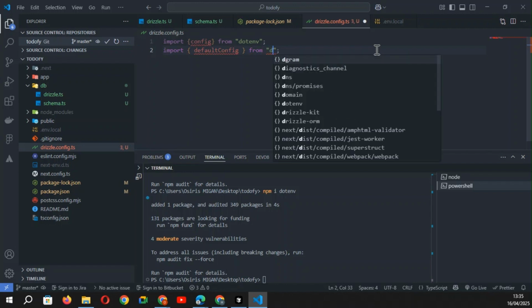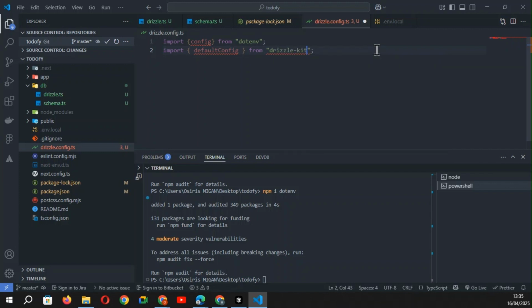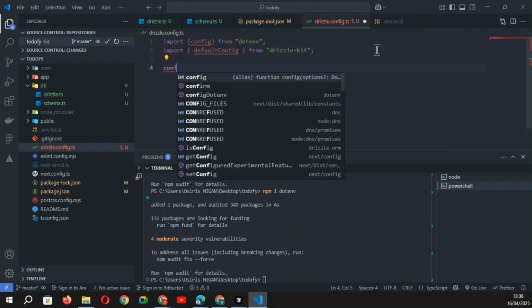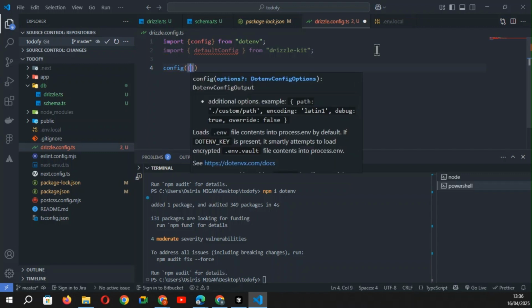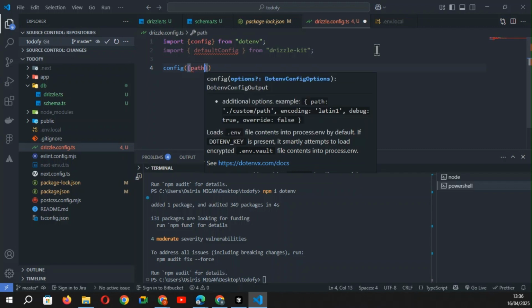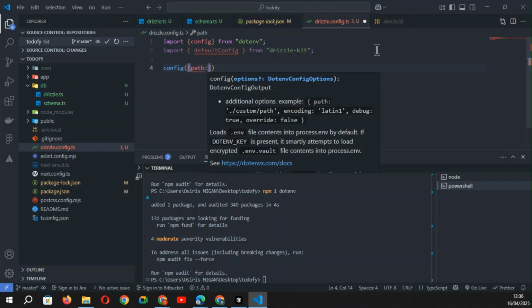So import from drizzle-kit. Then config, a path, a path